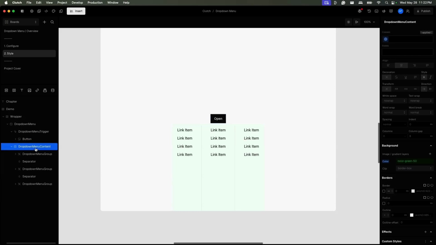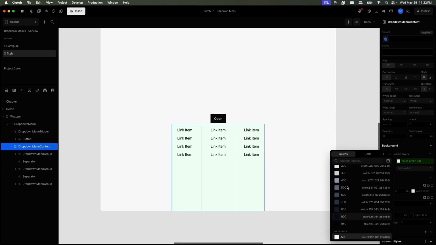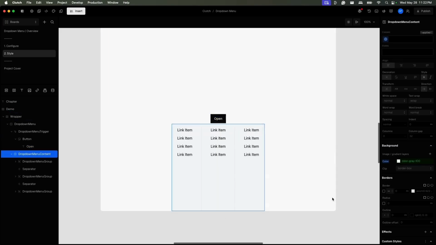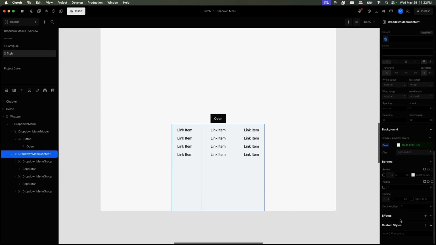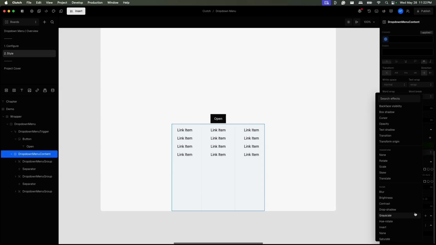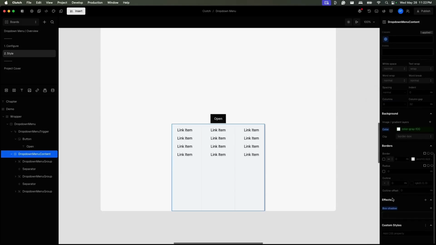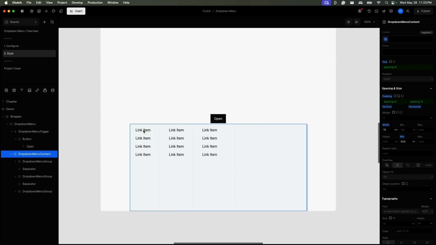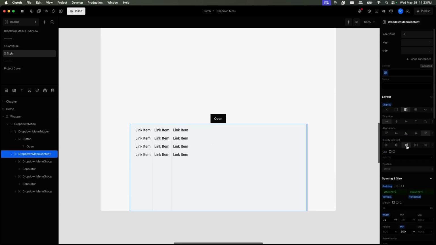It looks pretty hideous. So what's this right above? Is this slate gray? Here we go. There we go. That's nice. That's much better. Drop-down menu content. We've got a nice background color. We'll also give it an effect, like a little box shadow. And last but not least, I want it like 75% view width at all times. And then I'm going to get rid of the gap, and I'll set the justified content